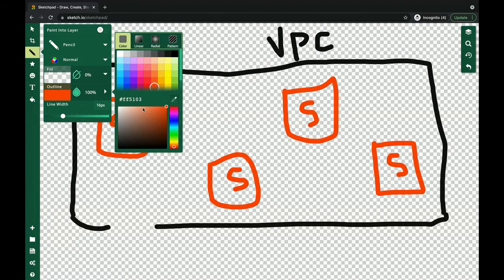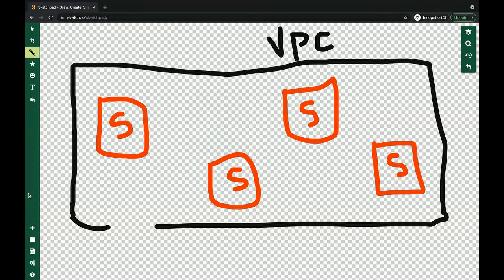So internet gateway is nothing but a door. Like if you want to go to the outside network, you should go via your door only. Okay, now